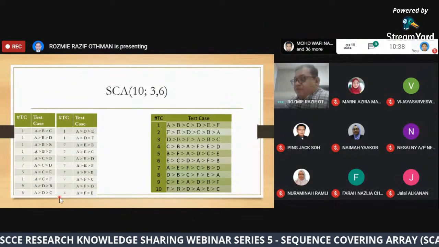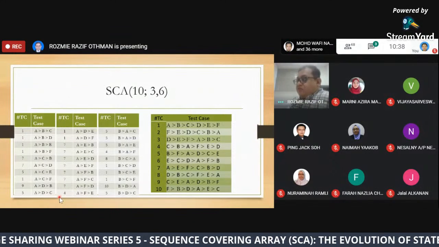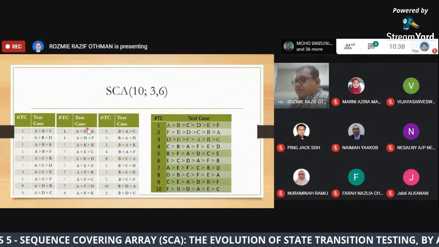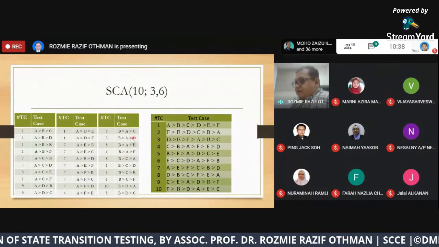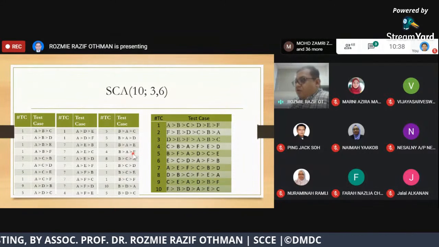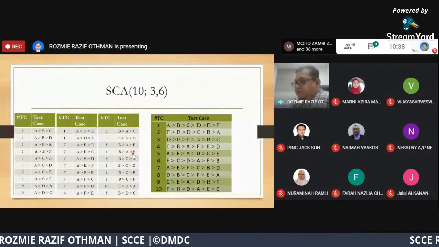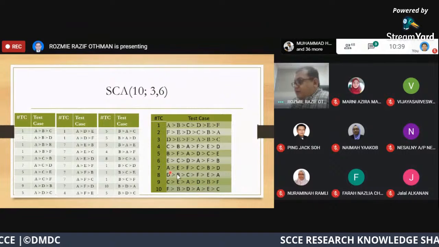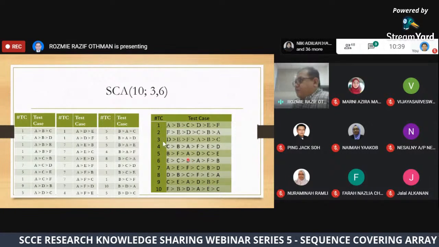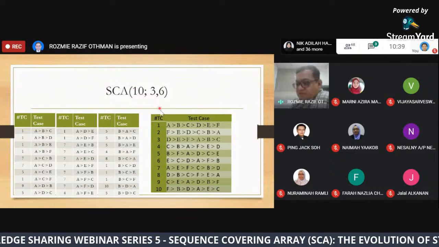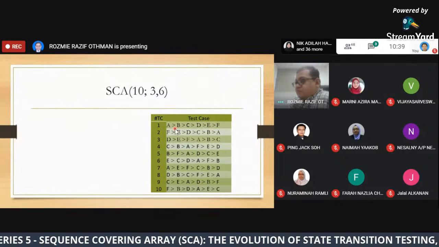So if we look at all the 3-state testing test cases, all the transitions actually happen in this covering array, the sequence covering array of 10;3,6.